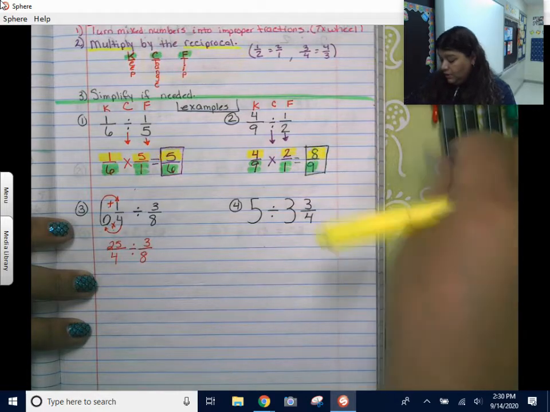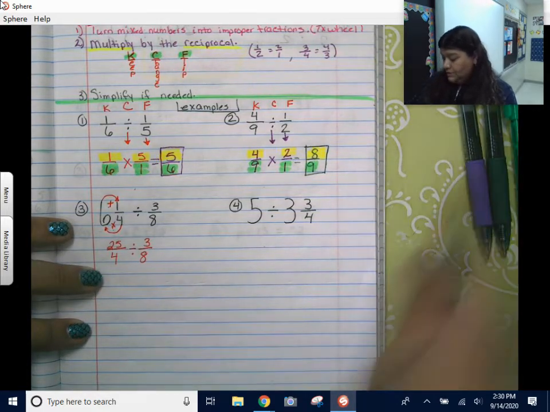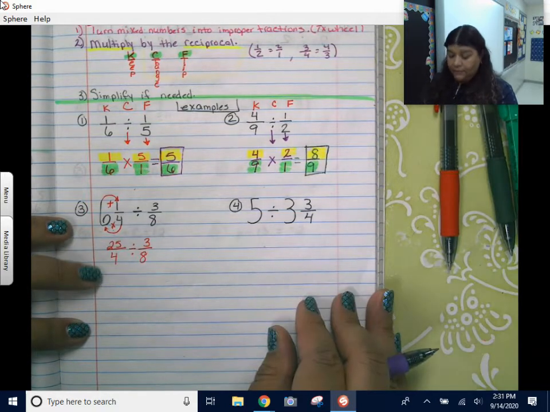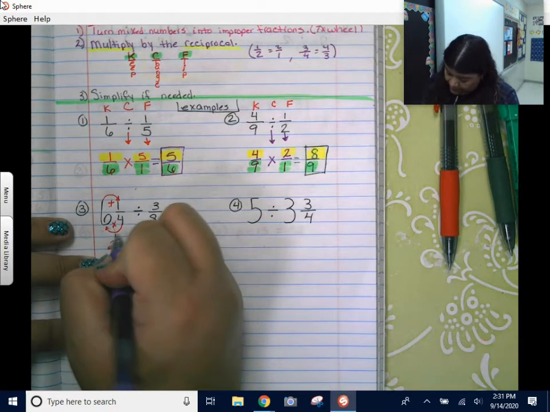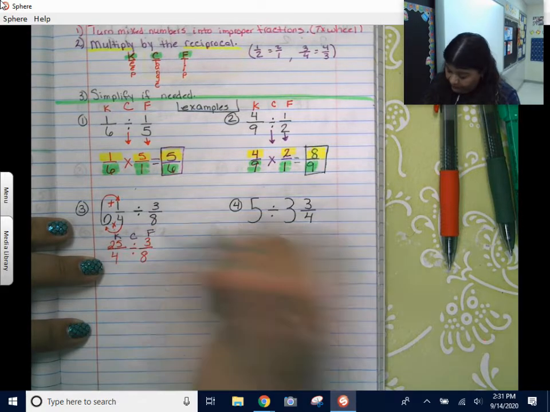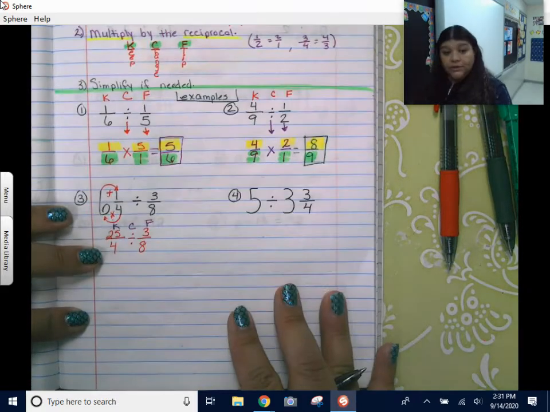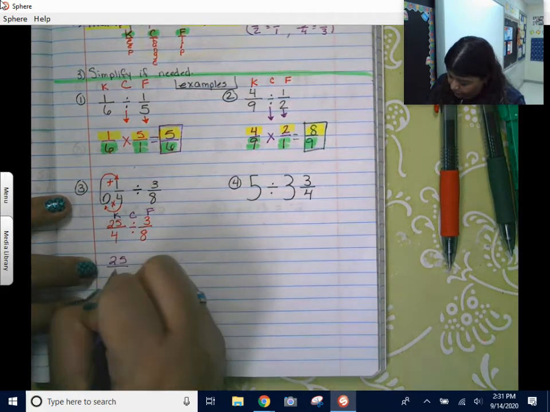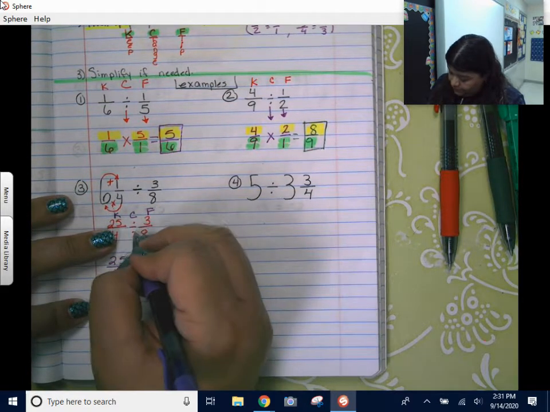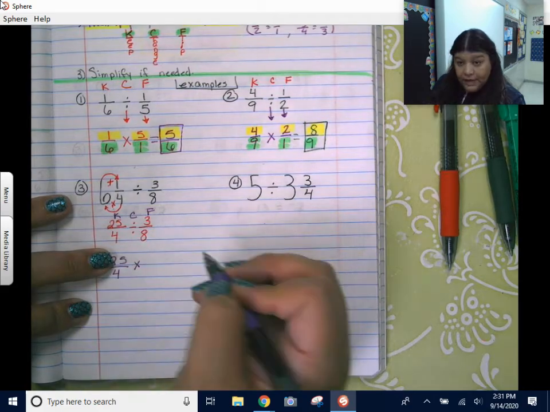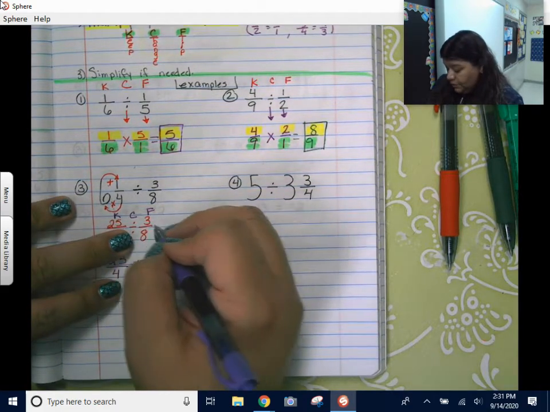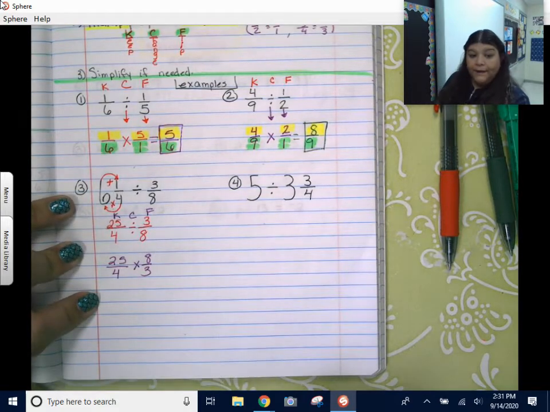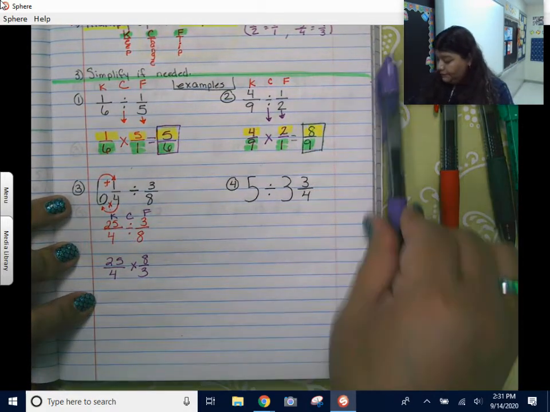Now, what I need to do is go ahead and keep it, change it, flip it. So K, C, F, if you need it. We're going to keep 25 over 4, change division to multiplication, and we're going to do the reciprocal of 3/8, which is 8/3. Okay, now